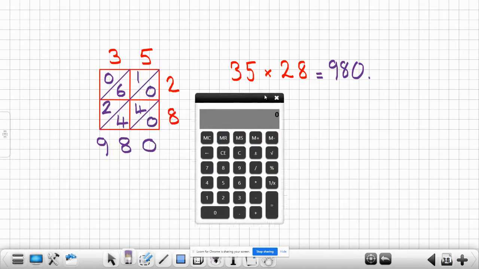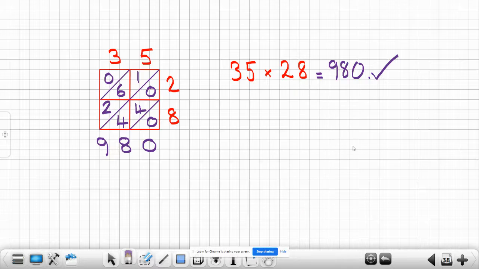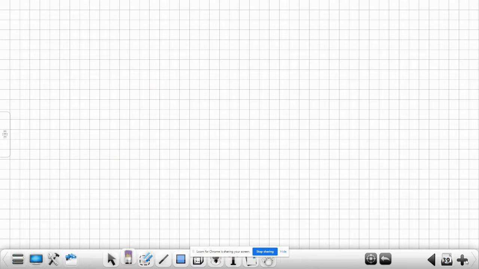Get the calculator out. 35 times 28 equals 980. Brilliant. I'm just going to do one more example. And this time I'm going to look at doing a bigger number. So what about if we had to do